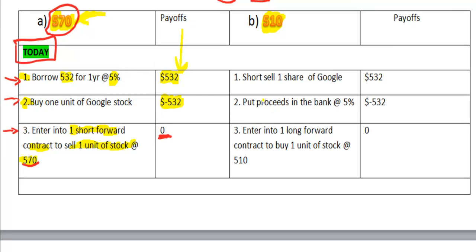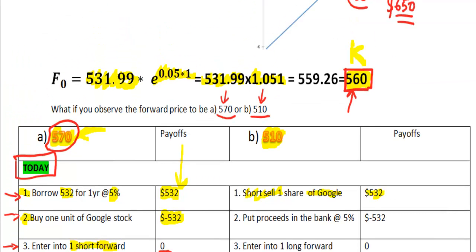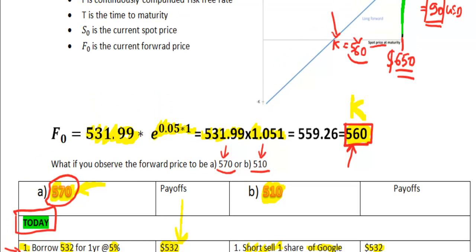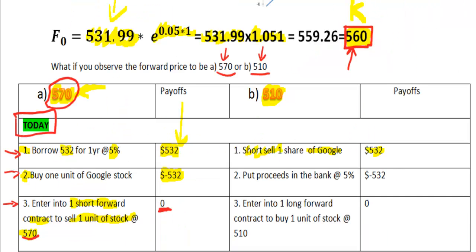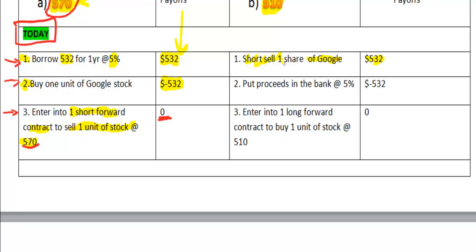As usual, there's stuff that we have to do today and there's stuff that we have to do at maturity. Today we are going to short sell 1 unit of Google stock. What I mean by short selling is just borrow it from someone and sell it. So the current price of Google stock is 531.99, so rounded, more or less 532. We sold 1 share which we didn't own. We just borrowed it and sold it, and we got